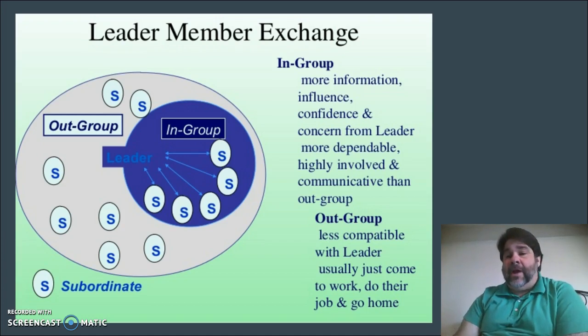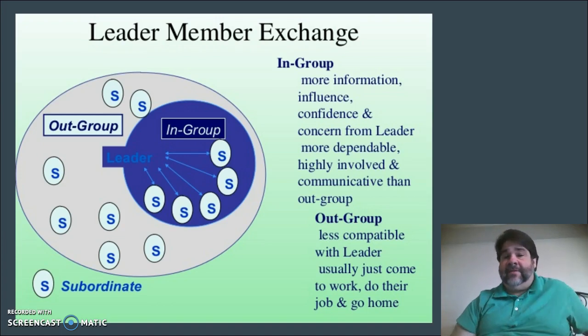But they're not all receiving the message the same. They all don't take it in the same because of their experiences, etc. And then I don't give it back the same way. And that's what's cool about leader-member exchange, is I look at those individually. The way it's broken down is it looks at in terms of the in-group and the out-group. And the titles there are pretty obvious in what they're trying to say.